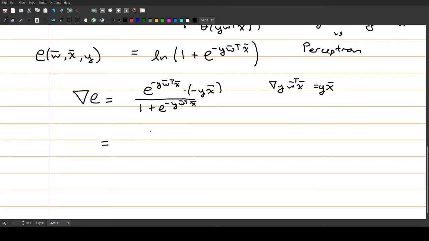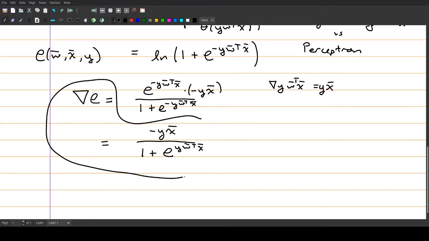Okay, great. So now that we have the gradient of the pointwise error, if you want, you can simplify this. This is just minus y times x bar. You know, this is a scalar times a vector here, plus 1 over 1 plus e to the y wt x. Okay, so now using this formula, you can easily write a program that does stochastic gradient descent